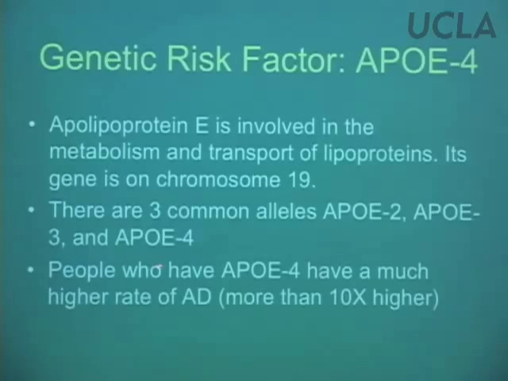But it's been found that people who have ApoE4, either one allele or even worse, two alleles, if you're homozygous for ApoE4, you have a much higher rate of AD. That can be like 10 times higher than, say, a person who has two copies of ApoE2, which especially seems to be protective, or even ApoE3. So the studies vary, but it's really a huge increase in risk. Of course, there's plenty of people around who have ApoE4 and live to be 90 and never get Alzheimer's disease, so it doesn't mean you'll get it, but it just increases your chances.